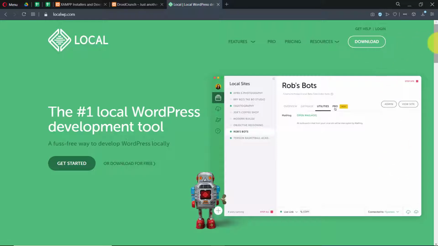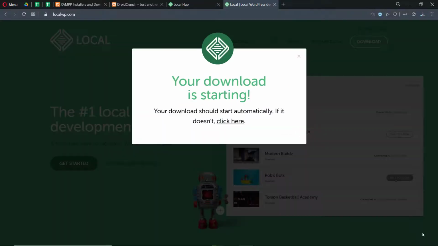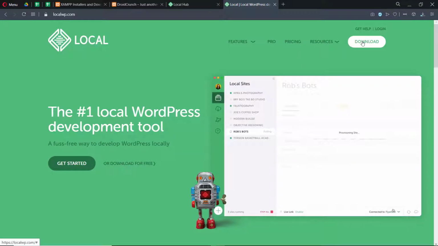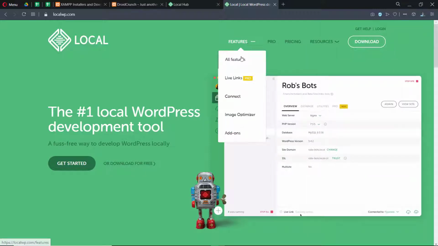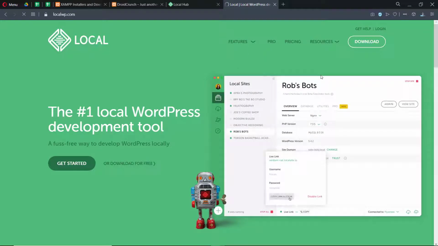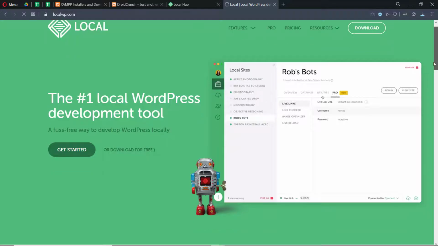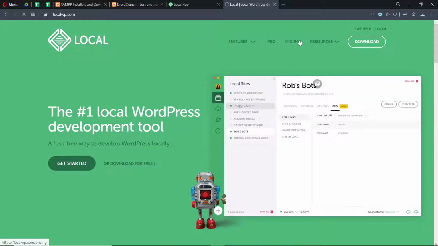It's quite intuitive. I have, I guess, already made an account. Let me check. So guys, my Local WP has been installed and it's in progress. In time we can see its features, and it comes with various pricing as well, but you can download it for free, just by putting in your name, email and all that, and you will be able to download right away. There are some pricing options as well for Local WP.